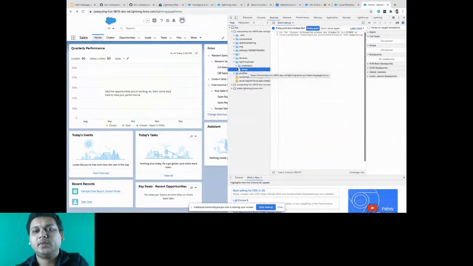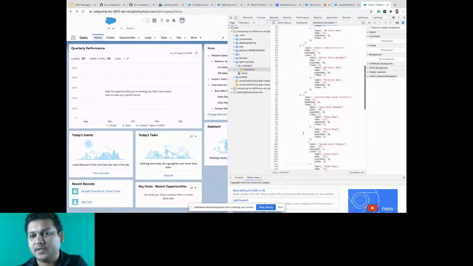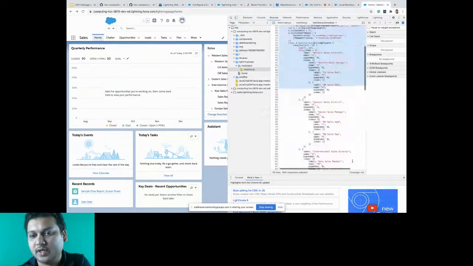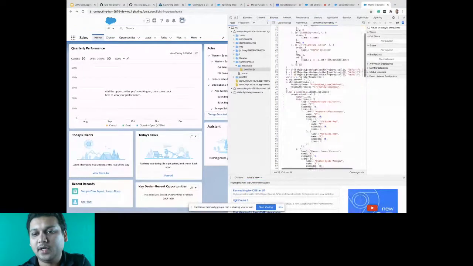One of the things you will see by default is that we just put everything as a minified file, right? As you can see, everything is minified. Now what I can do is select and say prettify this, right? But still, a lot of the code you cannot figure out, especially the variables, it's all different, right? So it's hard to debug it in this minified format. So that's why what we recommend is,